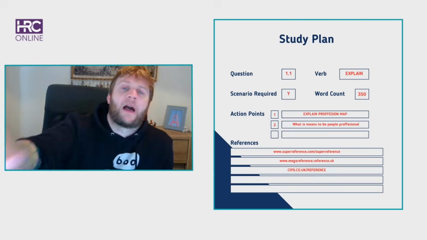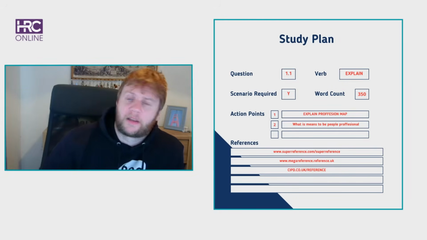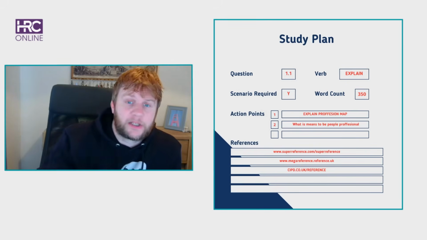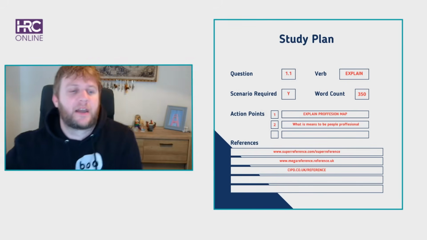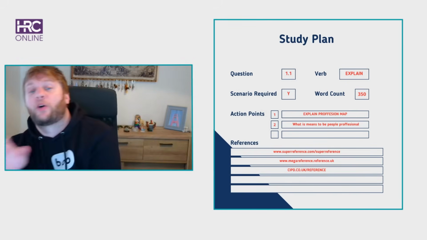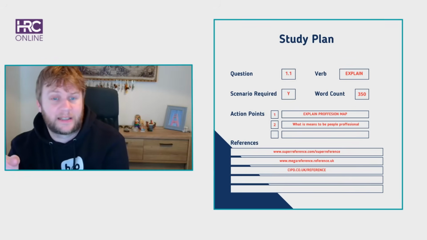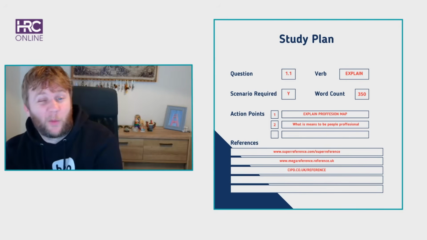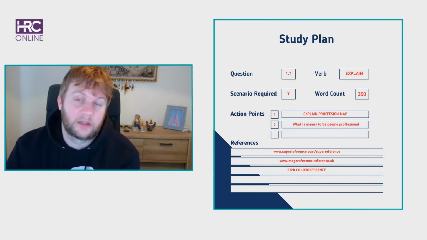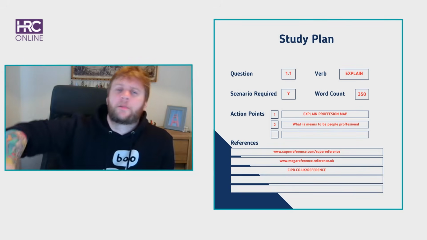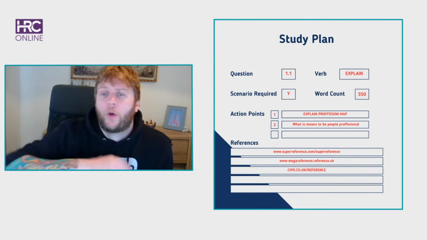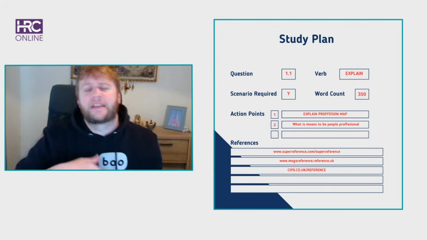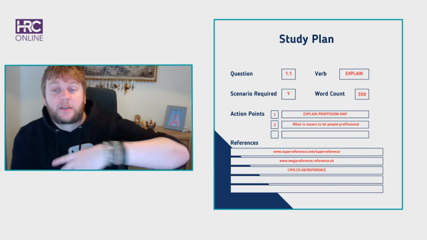Here is an example of our answer plan filled out for you with a completely different question, not this particular question, so that you can have an idea as to how to put it. By all means, pause it, write in a pad. You don't have to follow this exact methodology, but the reason we do this is how we think about questions when we're doing these videos for you. So just think about, well, what's the key verb? Because that's one of the areas people get wrong a lot. What's the word count? What question are we under? Is the scenario needed to be referenced in this particular question?